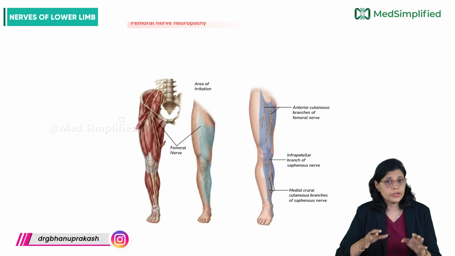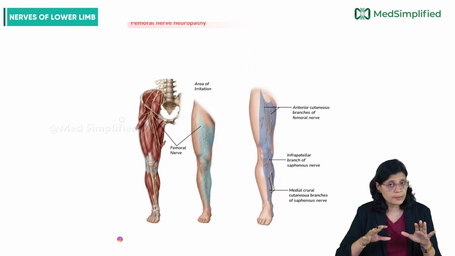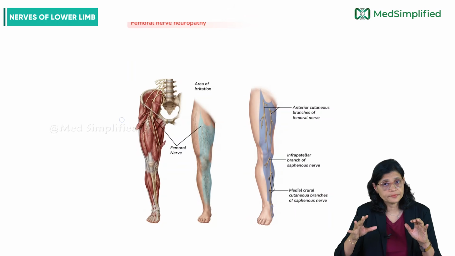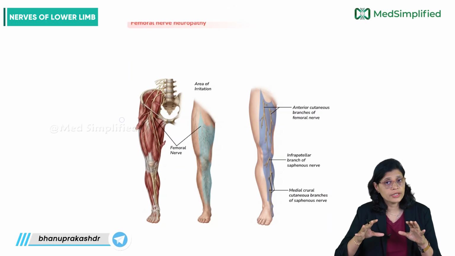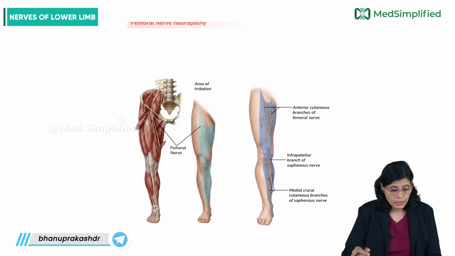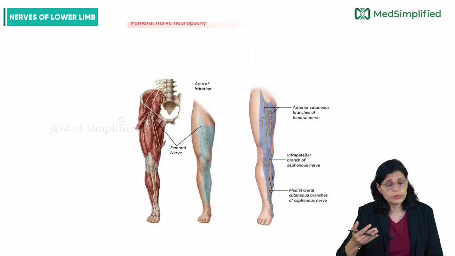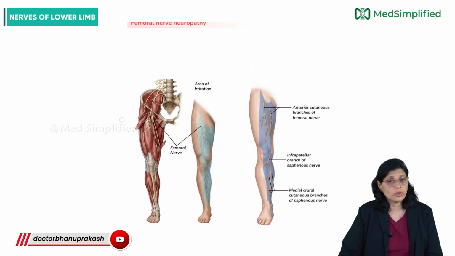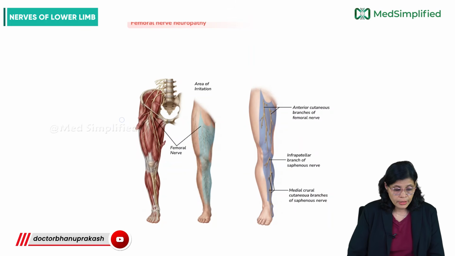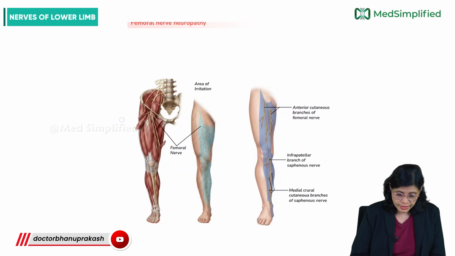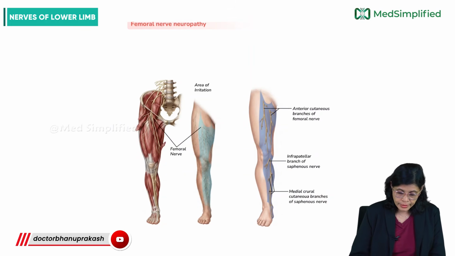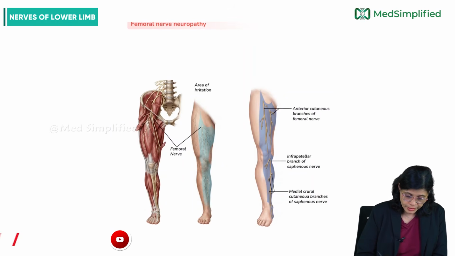Since we now know that it has motor supply as well as sensory, cutaneous supply, there is loss of both motor as well as sensory function. Usually it can be, as I said, because of a penetrating wound like a gunshot wound or a stab injury, or sometimes also due to pelvic fracture. So the characteristic features here include, in the injury of the femoral nerve,